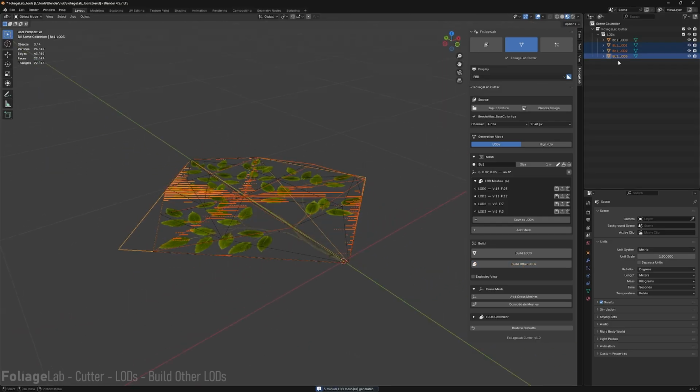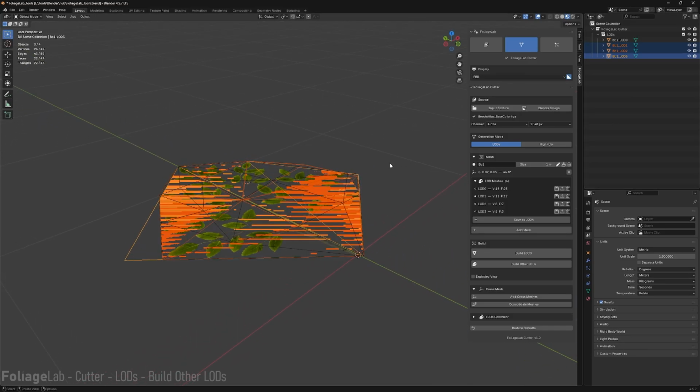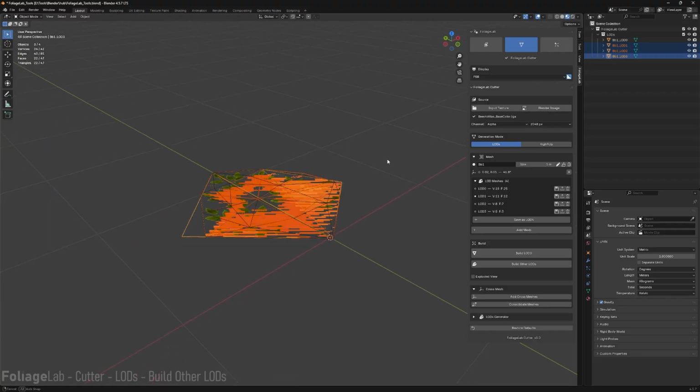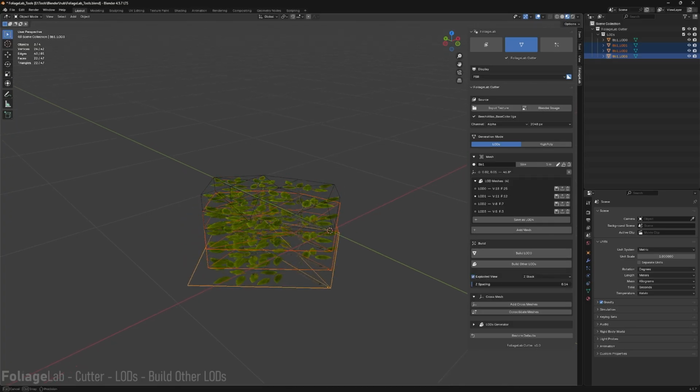And by doing this, you now have all the LODs, number 0, 1, 2, 3, and so on until the last one. And as you can see, they spawn perfectly overlapped, and it's not exactly the best way to see things. You have a button in the build category named Exploded View, and if you play with this value,